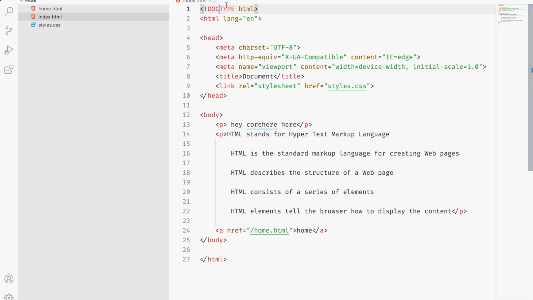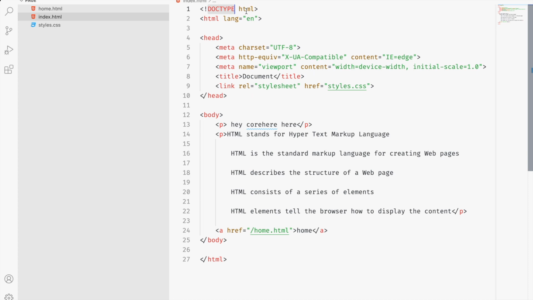First one will be doctype html. What is doctype html? Do we need this? Yes, because the doctype denotes the HTML belongs to HTML5. We have seen many HTML versions available: HTML1, HTML2, HTML3, HTML4, HTML5.